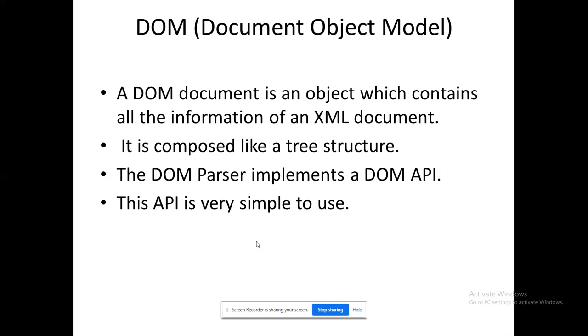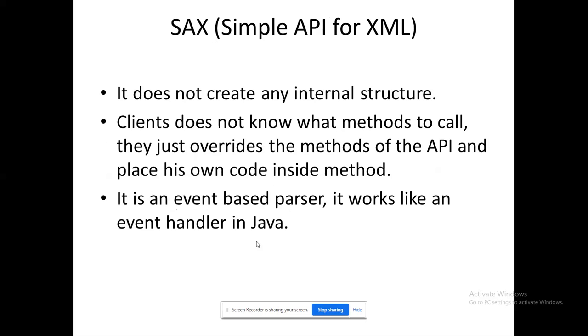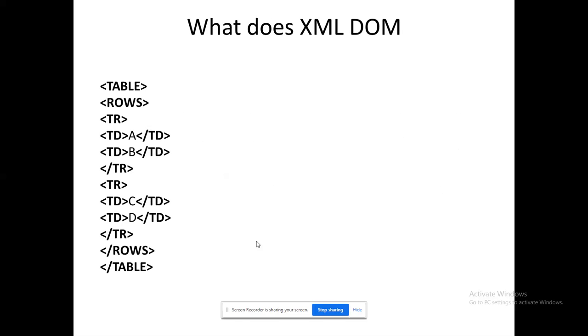My complete data, the complete code, will be converted into a tree structure. From the tree structure, I will be accessing the data using the DOM parser, Document Object Model, right? For SAX, I don't need any type of data structure. Directly, I'll work with the tags and retrieve the data very easily, because that will be treated as methods and the corresponding arguments. That's the reason why.